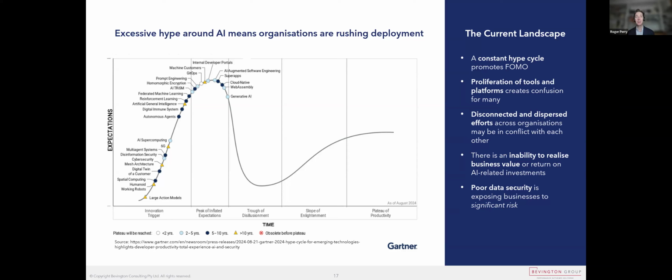So there is hype. People are rushing to deployment, and in many cases we see this done in an unstructured manner, with disconnected and dispersed methods, when you've actually got to focus cost, energy and effort. Otherwise you're going to have less of an impact, which means you won't get the benefit. Also, if hype is unmanaged, you might find yourself quickly in the trough of disillusionment, as shown here. Then you need to really focus to get yourself into the slope of enlightenment and the plateau of productivity. So if you want to see AI make a difference on your numbers, what we're really saying is you do need some focus.